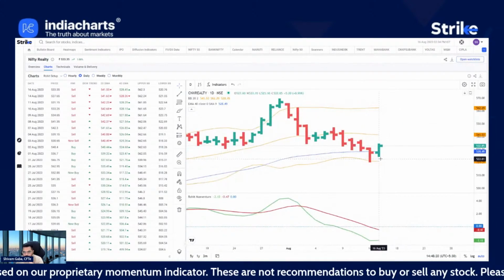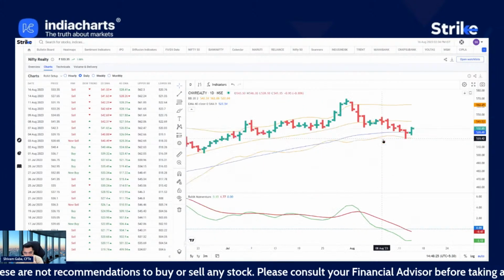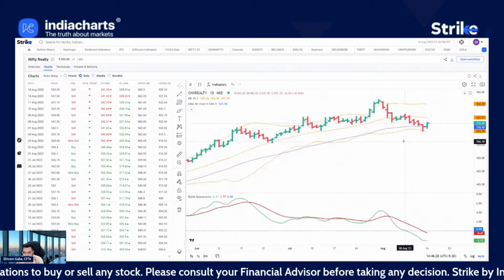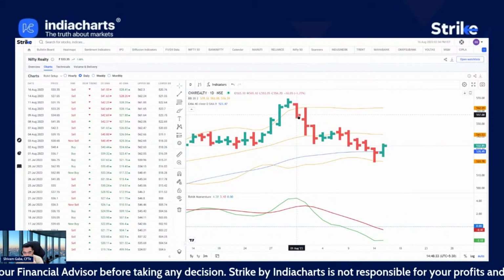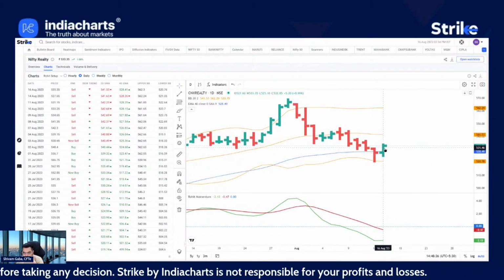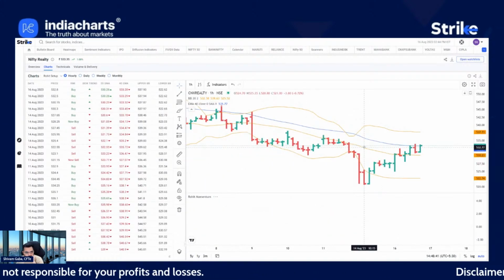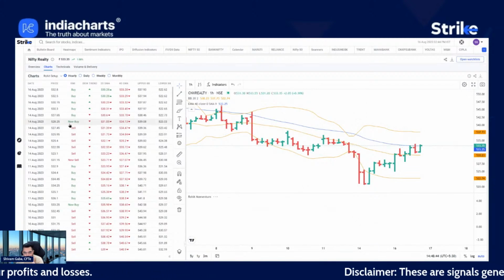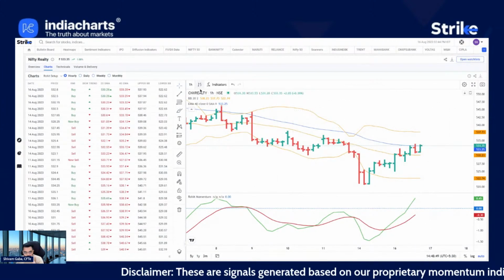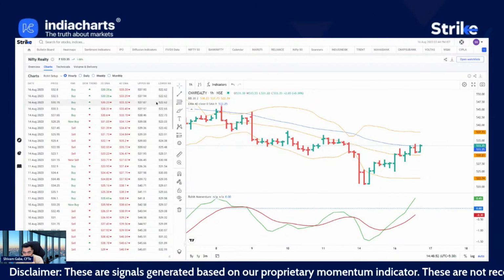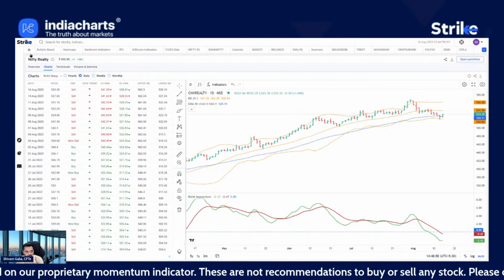So it is trying to close above the first factor, that is the 40-day average, and the rest of the indicators are still in bearish mode. But for those who follow Elliott wave, you can see a clear three-wave fall here and then a possible positive close. And in terms of hourly setup, yeah, so the hourly setup also looks good. It's trying to cross the 40-hour average, above which all the four confirmations get confirmed on the hourly chart at least. So this is an index to watch out for in the short term.